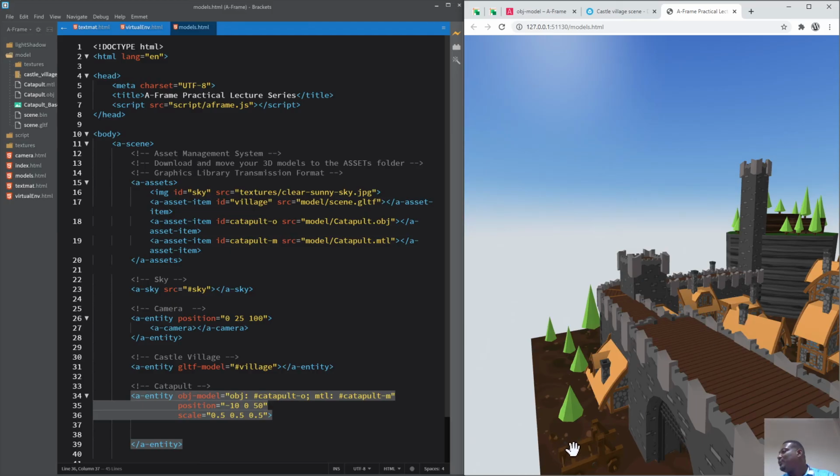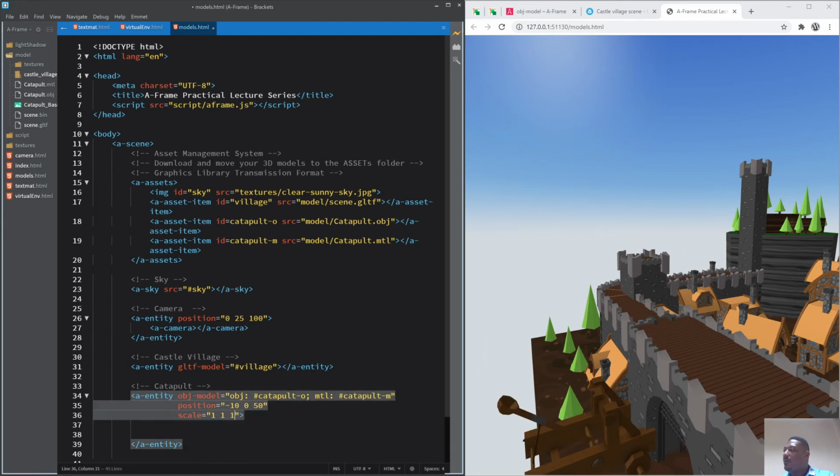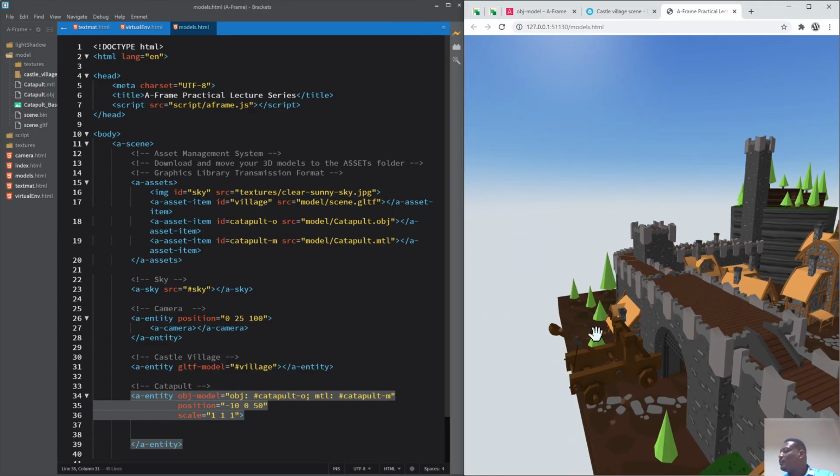So let's find a way to change the position of this. Rotate the catapult so that this side comes out. In fact, let me increase it again so that you see what I mean. If I change it to 1, 1, 1, you can see that this side is supposed to move out and fight the adversary, but unfortunately it is coming in. If you load the ball in here and drag it, it will bounce into